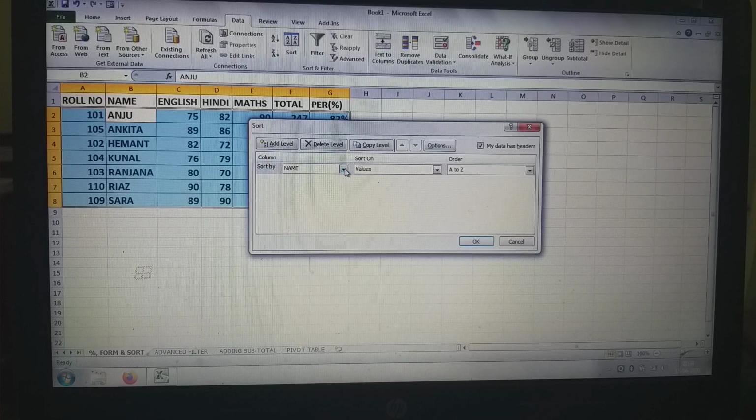Select the name field. Here see, the name field is already selected. Select values from sort on. Values is also selected. Select Z to A, that is descending order, Z to A option. Select it from the drop down list. Now click OK.